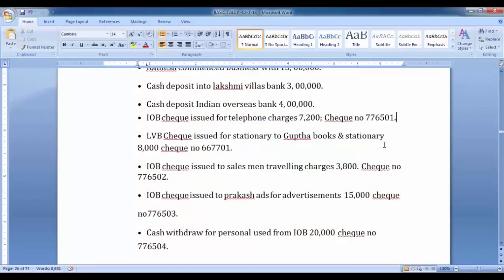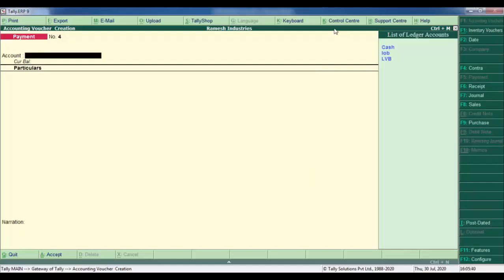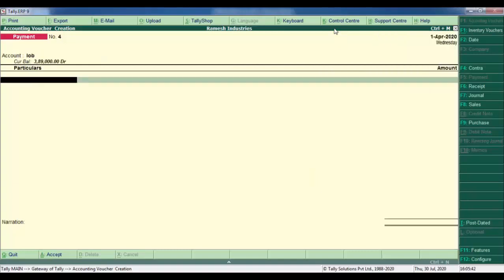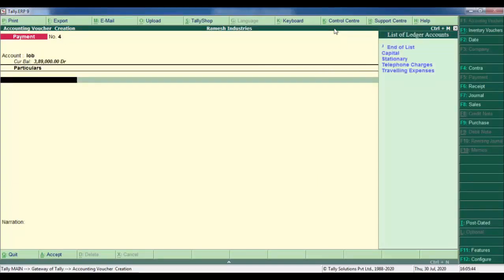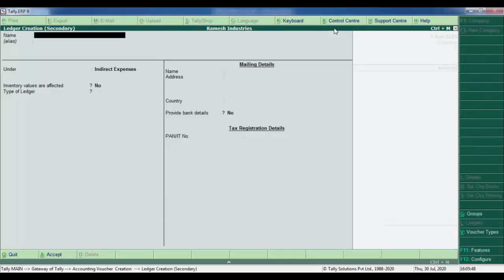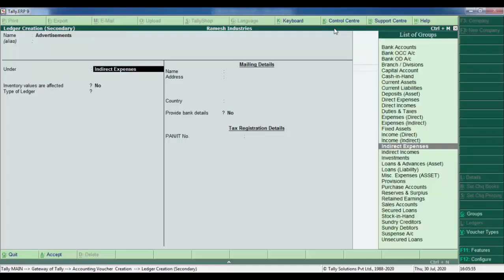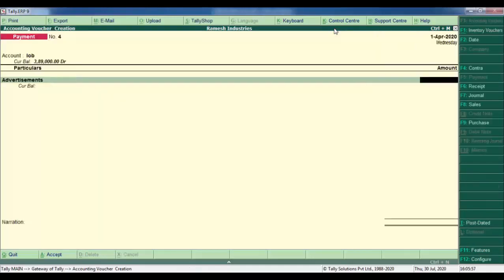After that, IOB check issued to Prakash Ads for the advertisements, 15,000 rupees. Check number is 776503. In the same way, payment voucher, select IOB. We are paying for the advertisements, so press Alt plus C and create advertisements under indirect expense.